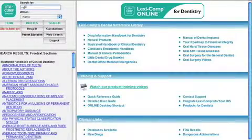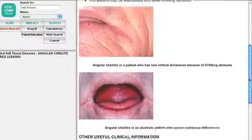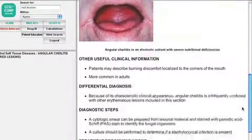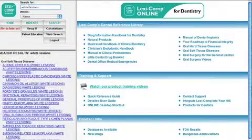Patient comes in with a red bump in their mouth. Just type in red lesion. Search, and you'll see there's about a dozen different red lesions. Click on it. Pictures pop up, as you can see, and how to diagnose, how to treat, differential diagnosis, and medications to treat those lesions. Same thing with white lesions. Just type in white lesions right here, and that's how you can pull it up, see all the images, identify it, and then how to